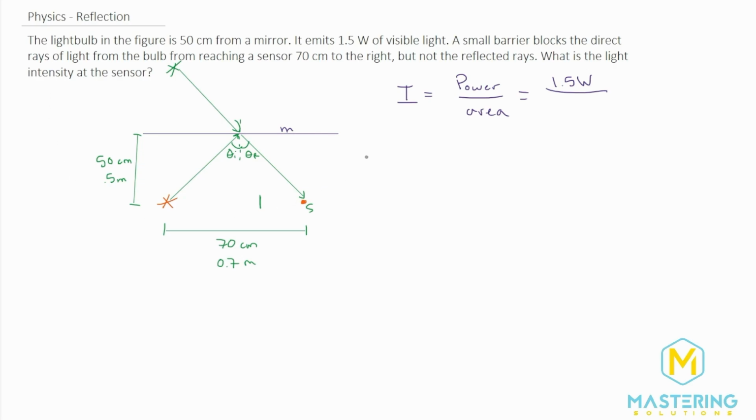And the area, that is going to be the area of this, if you imagine a giant circle. So this whole distance right here, that is the radius for the light bulb shining the light out. And so we have a large circle, and the area of a circle is pi times the radius squared, but we're not dealing with just a circle. We're looking at this as a two-dimensional image, right? But if this was a light bulb, it's shining its light everywhere. So you can think of it more like a globe. And so the area for a globe is 4 times pi r squared. So this is the formula that we're going to be using to figure out the intensity, but we ought to figure out what the radius is.